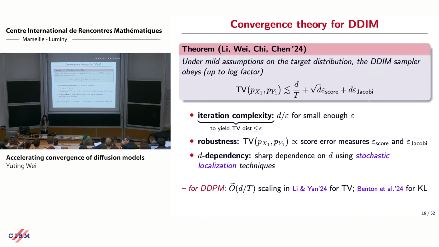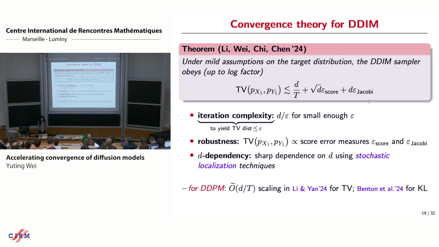Okay, and that's the theory for the deterministic sampler. And for the stochastic sampler, the DDPM, similar scaling has been established, D over T, in this paper by Li and Yan for TV, and Benton et al. for KL. Okay, yes? So the epsilon Jacobi, this is about a d-dimensional object, so would it not depend typically